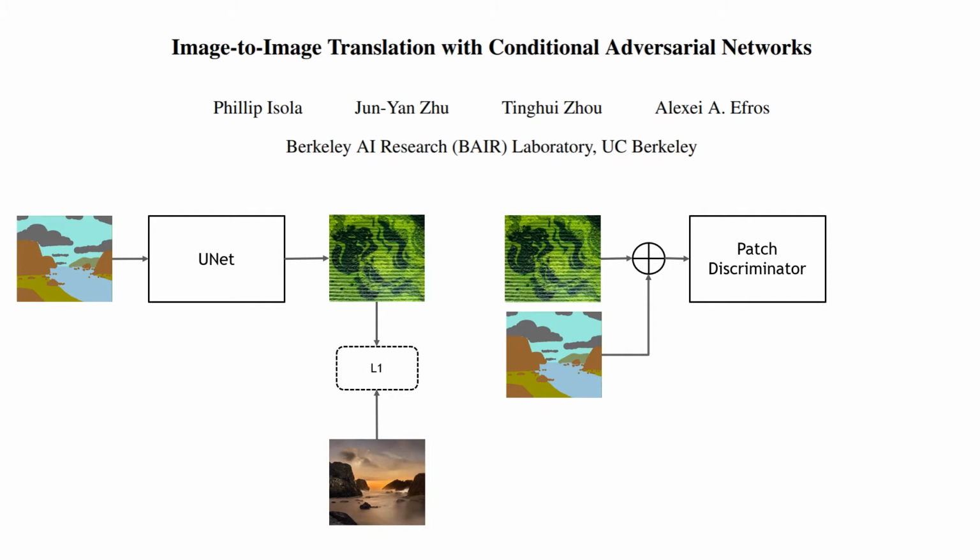They operate in the conditional setting. They assume that they know the segmentation mask. In this setting, it's a reasonable assumption. And what they do is they concatenate the output image and the segmentation mask and feed into a patch discriminator. So instead of producing 0 or 1 for the whole image, they produce an array of 0s and 1s for the whole image. And this is beneficial because